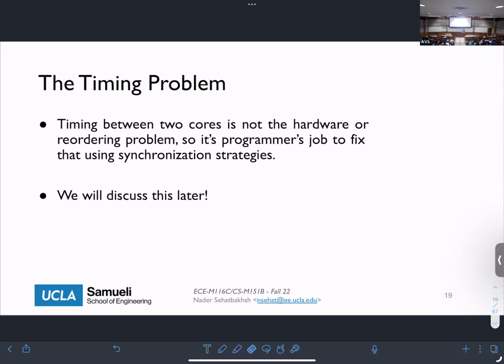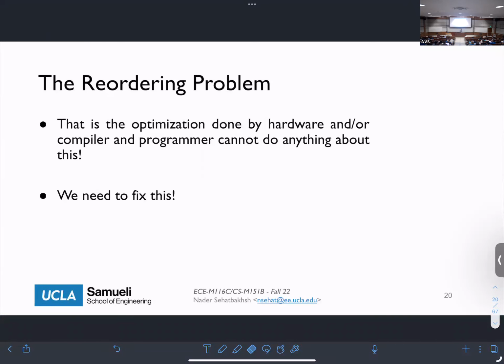The idea would be that we either tell this processor that the other core is here, wait until I reach it, and then we can move together. This is more the idea of what we call a barrier. The other is the idea of what we call a lock, where there should be exclusiveness between the timing of things. We will talk about that as well. But let's talk about the reordering problem first.